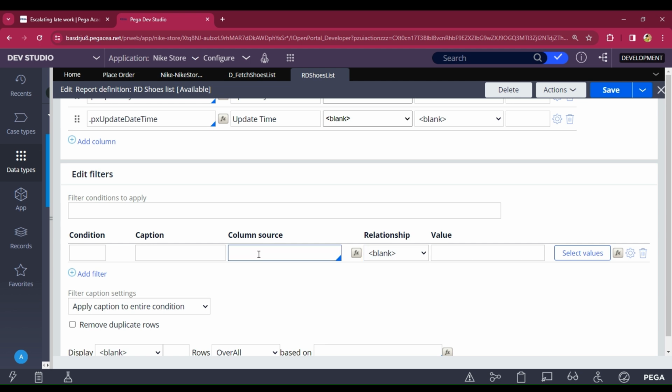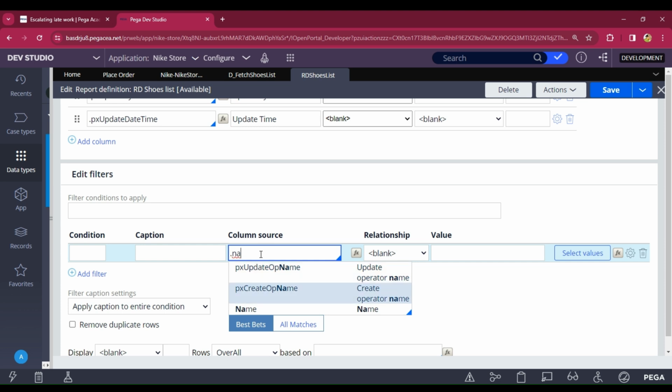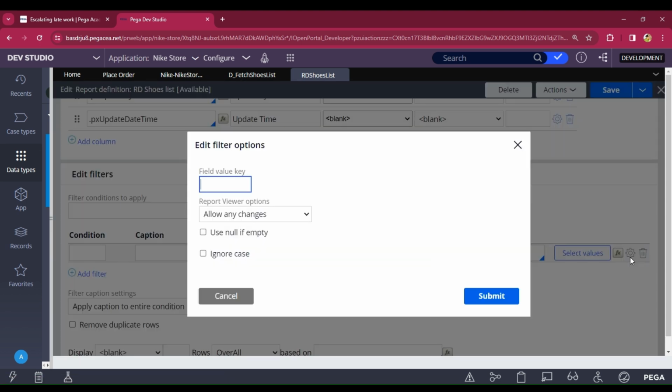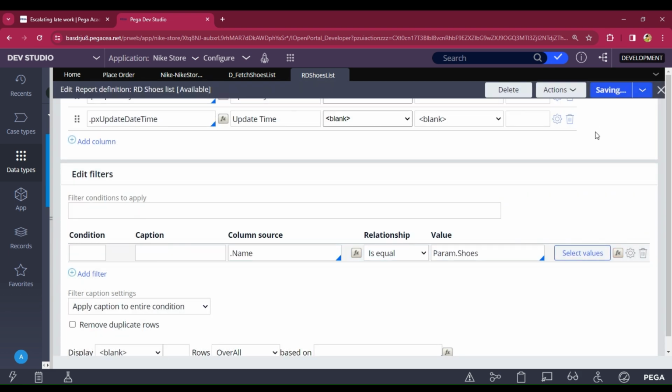Then go to the column dot name and param dot name, and go to the settings and click on this checkbox, submit, save,